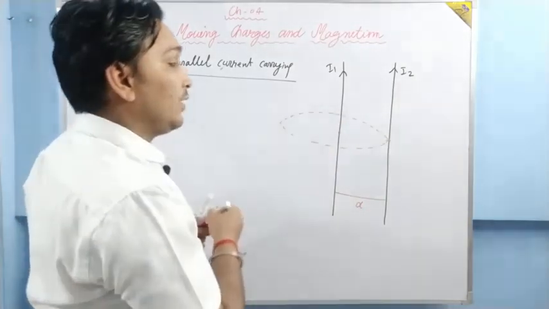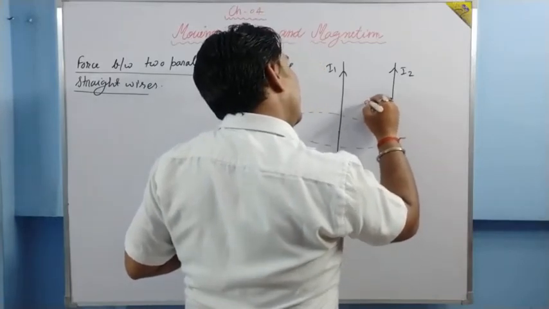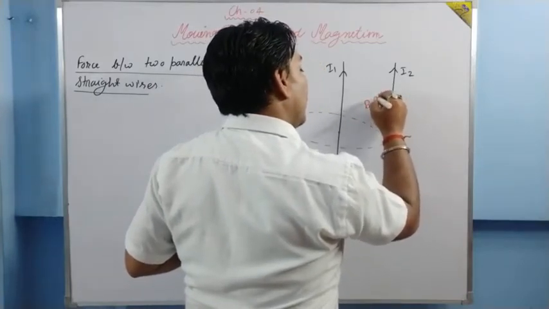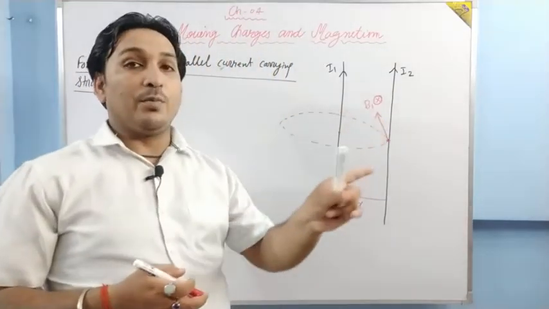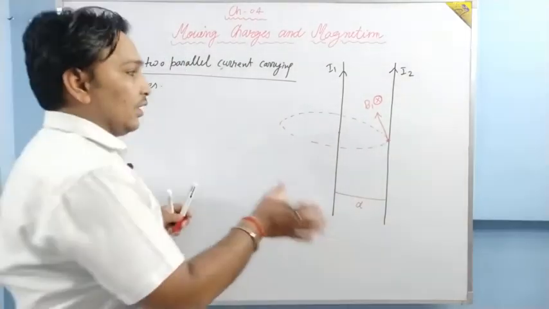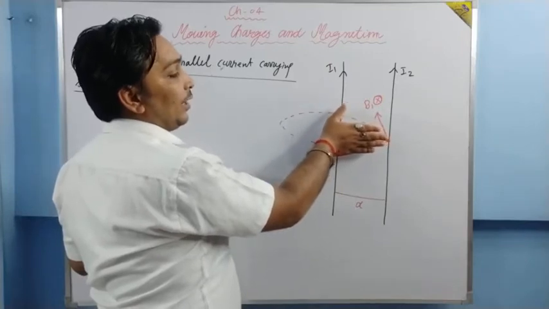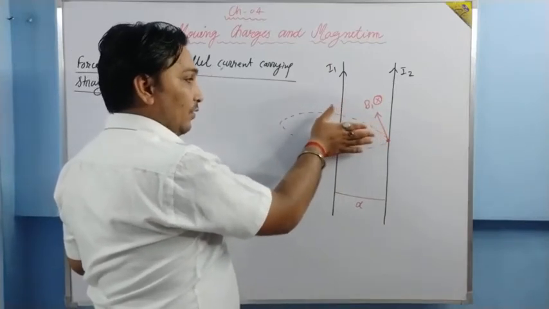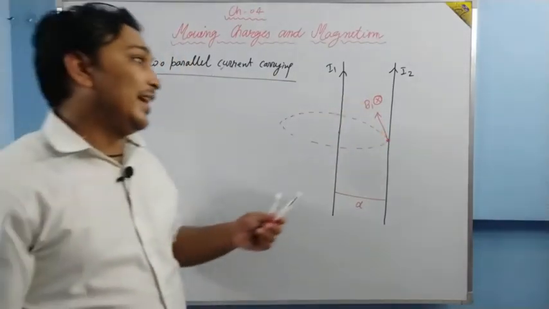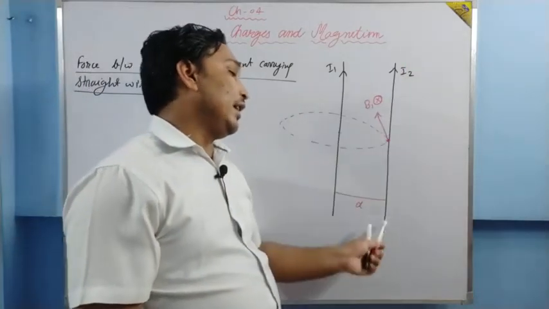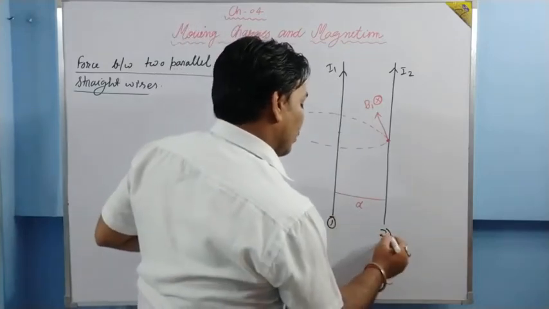So at this very point, the magnetic field will be towards this direction. Say I have put a cross over there so that you can understand the direction of magnetic field is perpendicular inward. Current is in this direction, and the fingers are towards the point where the magnetic field has to be calculated. The palm face is inward. So basically the magnetic field is inward. Okay. Now let me name the wires. This is wire one, this is wire two.